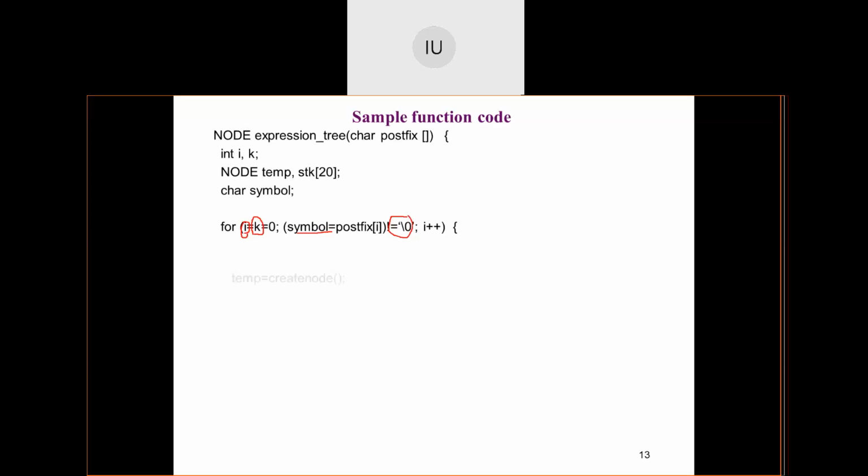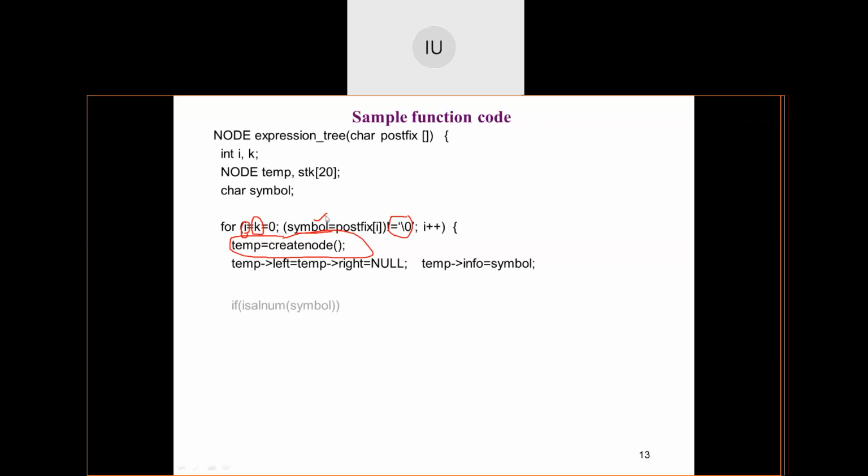Okay, every time when you scan through the symbol, every time create a node. Create node function remains the same. You can use the same function. I have already given you the programs that I have discussed till now. You have the soft copy of the programs already available with you. You can copy that. Okay. Create node remains the same. Temporary node's left and right all I have made as null. Then temporary node's info part I have filled it with the symbol that I am scanning right now. The symbol may be an operator or it may be an operand.